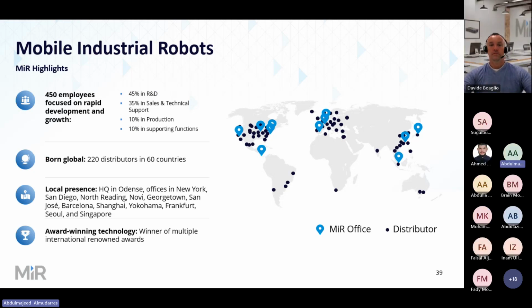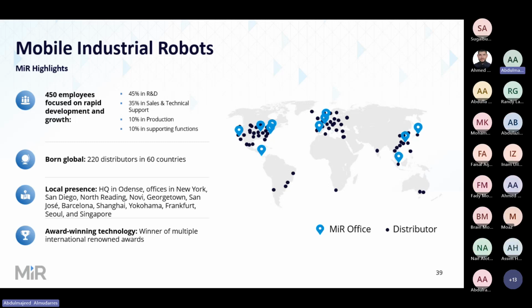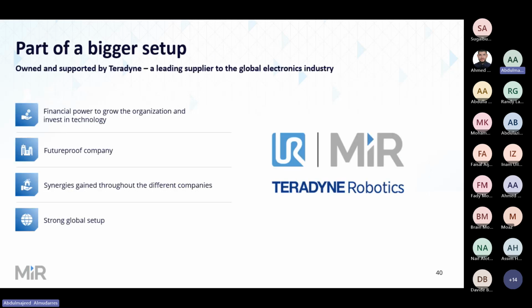Now, specifically in our case, it is Mobile Industrial Robots. Currently, we have multiple headquarters across the globe, in America, in Europe, as well as main branches in Asia. But the main important aspect is that there are a lot of distributors and partners for this company, and all of those partners are able to design and develop their own specific applications. This is mainly relevant because of the MiR Go, which my colleague David will get into later, one of the bigger